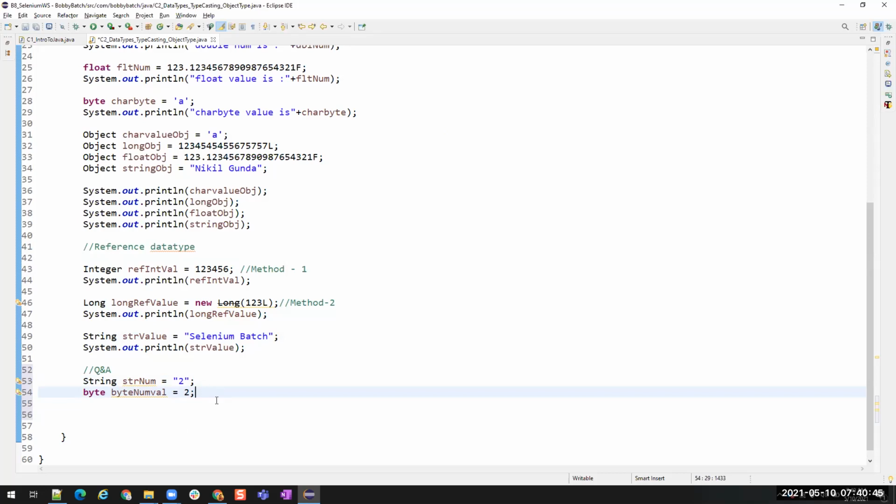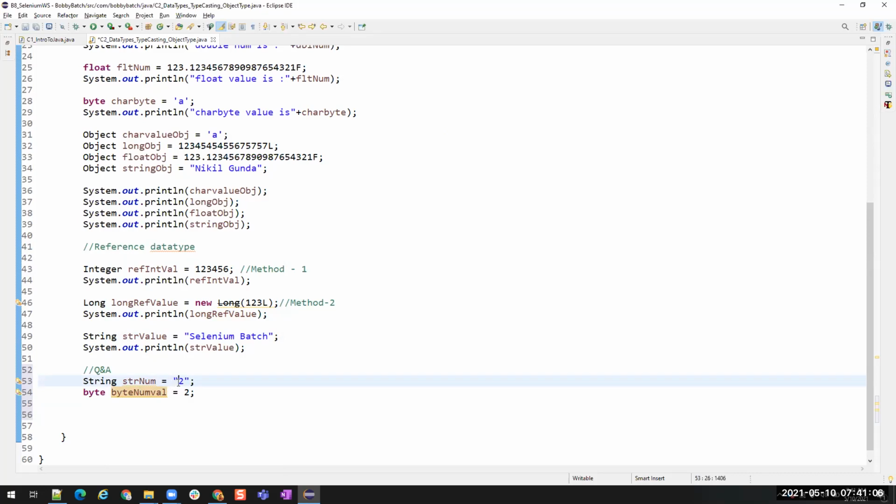I was not able to hear you clearly, but let me tell you. So if a number is stored inside a numerical data type, then we can perform any operations on the numbers like addition, multiplication, subtraction, or anything. But if a number is stored in the form of a string, you cannot do addition, multiplication, or subtraction because this is a string.